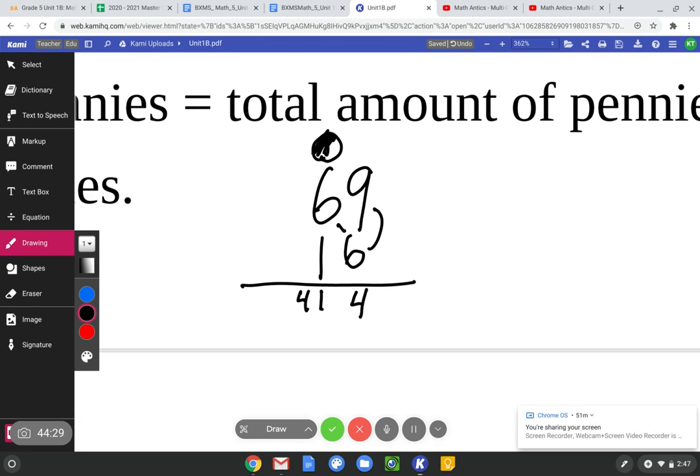I've used that 5, so I'm done. Now I'm in the tens place, so I'm going to put the 0 placeholder. 1 times 9 equals 9. 1 times 6 equals 6. We are going to add those together, and our final number is going to be